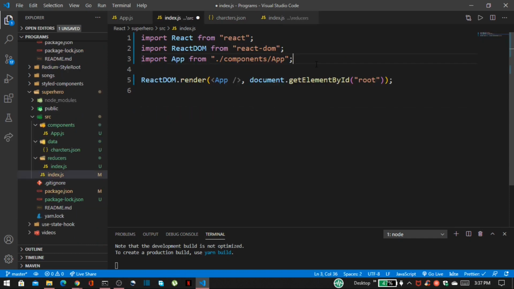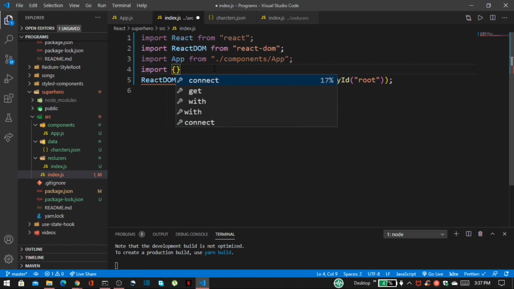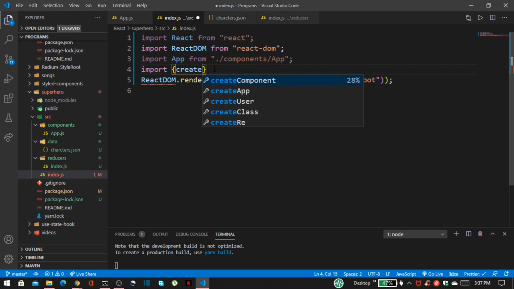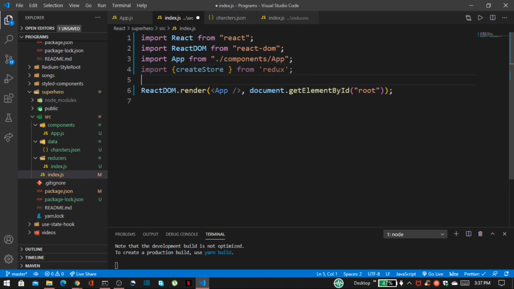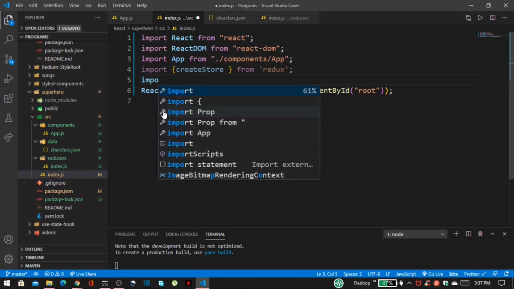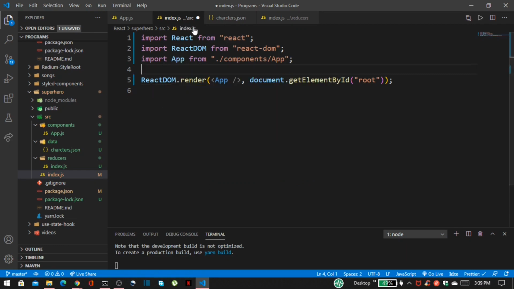Now save this. After that, go inside this index.js file that is inside our source folder, and here we want to import the create store and provider methods from Redux and React Redux.